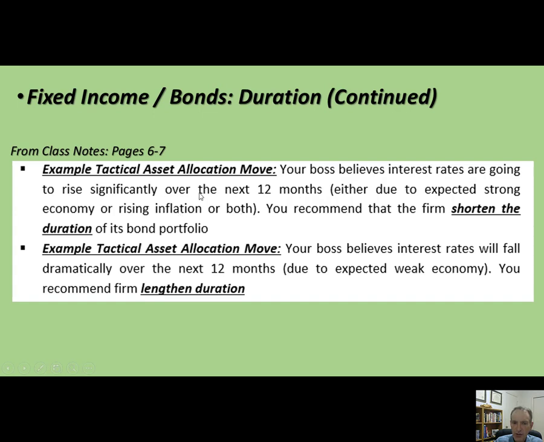If you expect interest rates to rise, you want to shorten duration, because remember, it's minus duration times the change in yield. So if you have a long duration like 8 years and rates rise, remember when I said when you had 8 years and interest rates rise 200 basis points, you can lose 16%. If your duration is only 2 years, interest rates rise 200 basis points, you only lose 4%. So you can see you want to shorten your duration to reduce that price risk and be more conservative.